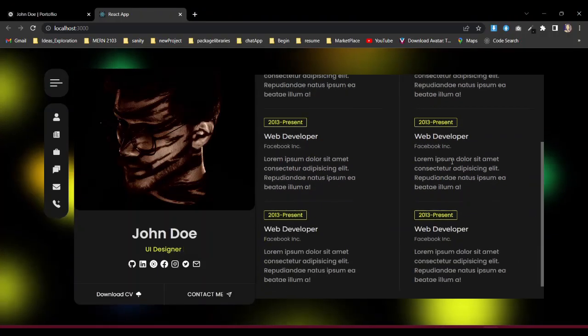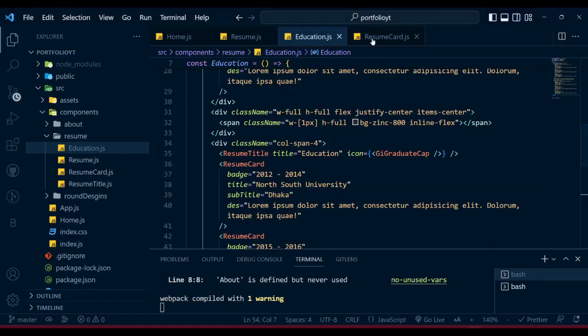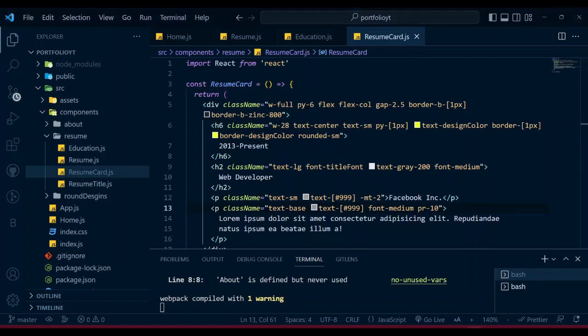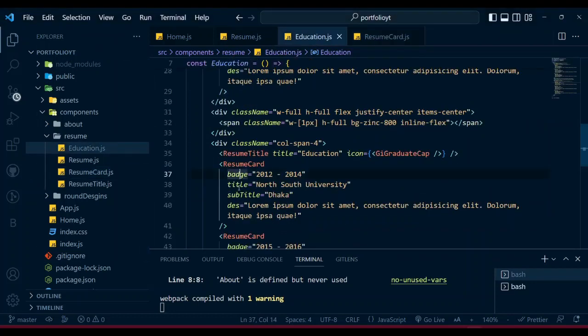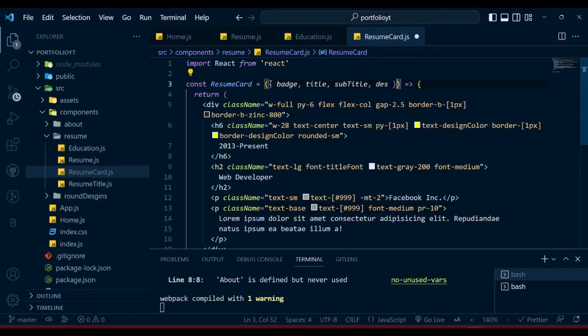Yeah, that is popping up. So now we can change everything here. So here what are we passing? We are passing badge, title, subtitle, and description. So we need to just give those things over there. So go in the resume card and now pull up those things. So first of all,